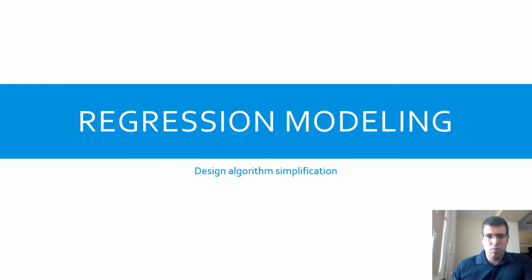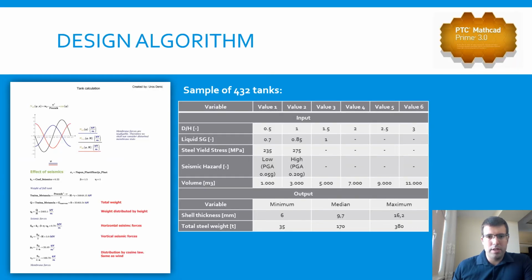So with that, I'll proceed to what we did with the regression modeling and how it applies to the real world. We wrote quite a long design algorithm for a sample of 430 tanks, and then considered different values of the diameter to height ratio, the specific gravity of the liquid, different steel strengths, seismic hazards, volumes, etc. And the output of this model was that out of all these 432 tanks, the minimum